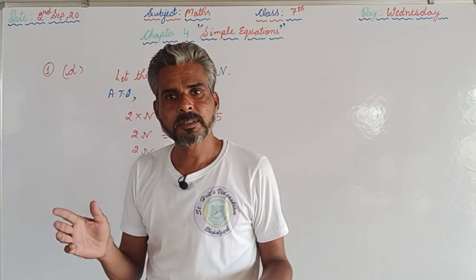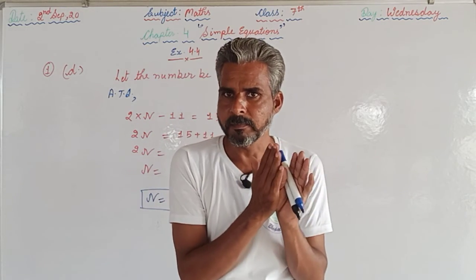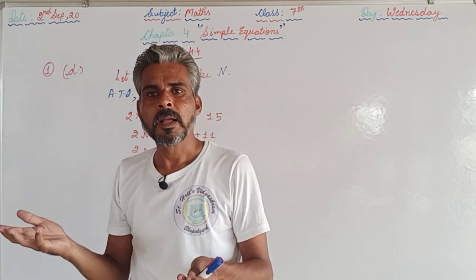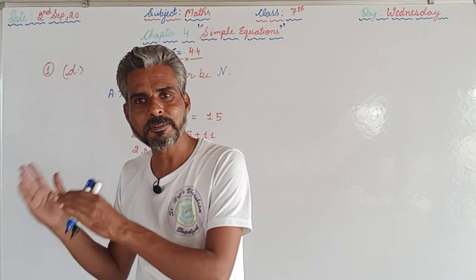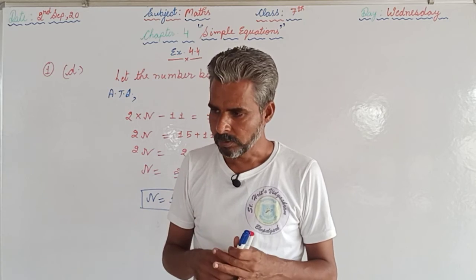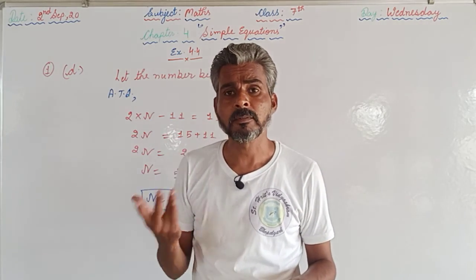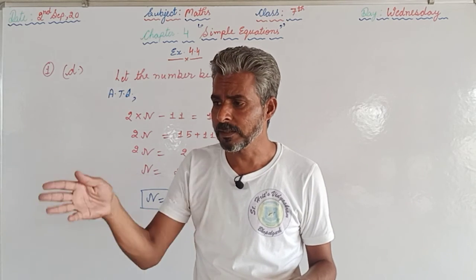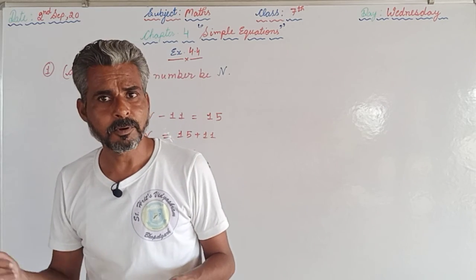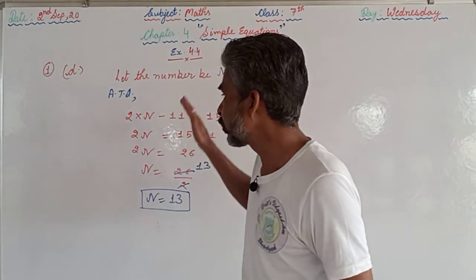So you are supposed to segregate these questions into two parts. First part is to frame the equation. First of all, concentrate on framing the equation. Afterwards, after framing the equation, you are supposed to solve it for the unknown quantity, that is the variable. So I hope that you have understood how to solve and how to frame the equations, and you will complete the questions which are there for you as homework. Means question number 1 you have to complete, question number 2 also you have to try, and you are also supposed to solve the questions which we have solved here.